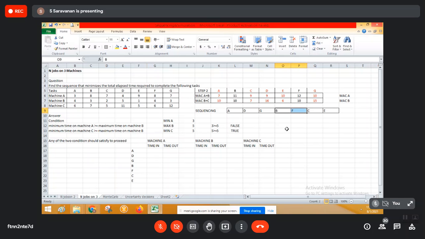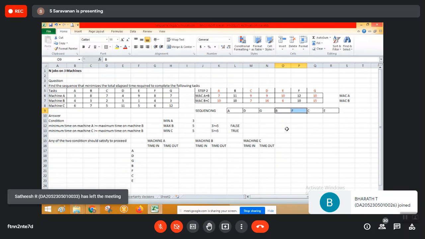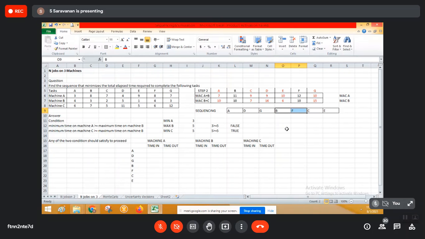As I said, when there is going to be a tie, we can use something called the arbitrary approach. Arbitrary approach is something where we need to have certain logic in our mind based on which we function. So the logic behind what I'm doing here is I'm having a sequence of B and then comes F. I'm just having that in mind and processing with B and F. If this is not going to work out, it's an arbitrary approach, trial and error, I will choose F and B. This is the arbitrary trial and error approach.